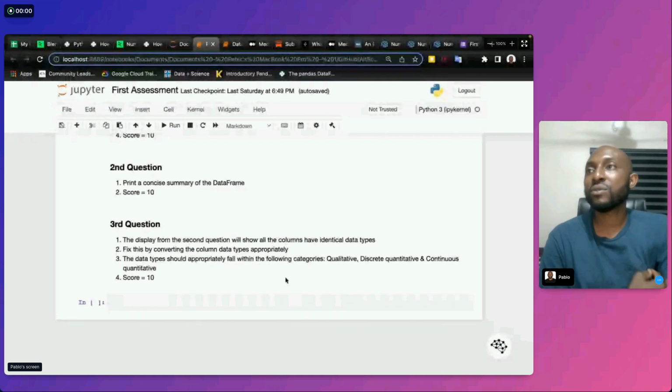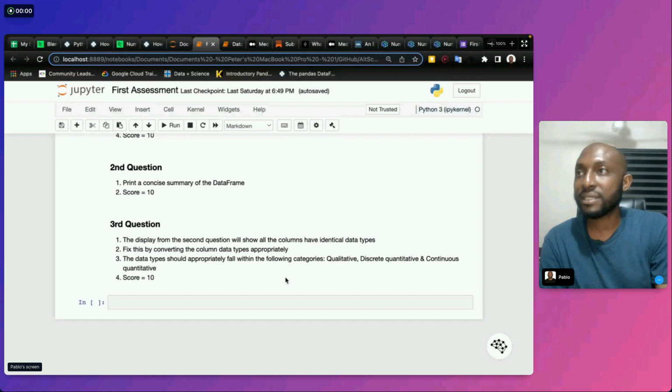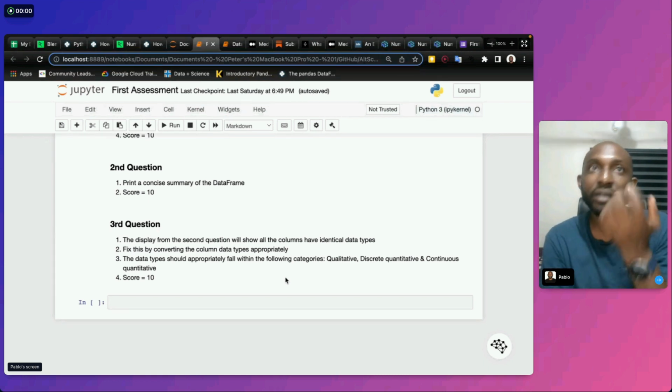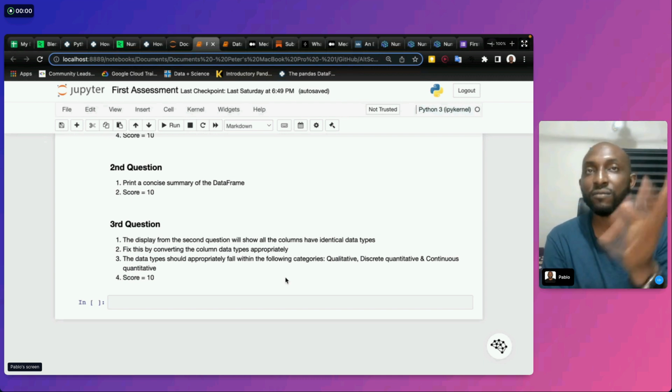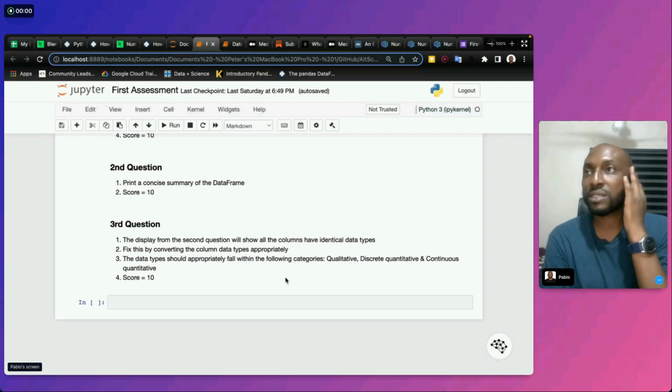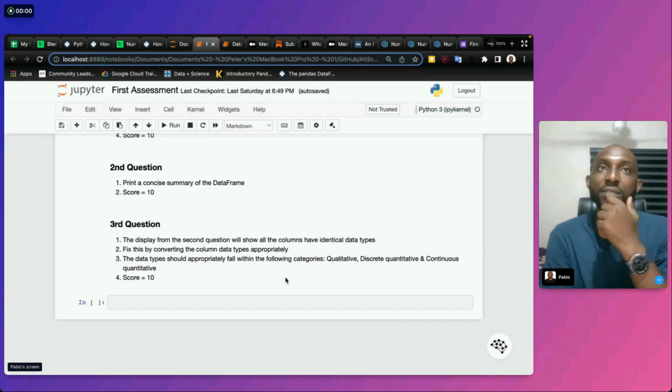So what the number 3 means is that I need you guys to go and read up on different categories of data types and build upon this: qualitative, discrete quantitative, continuous quantitative. There are different types of data types there.